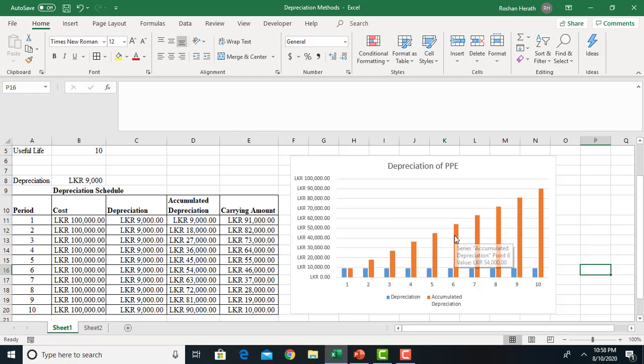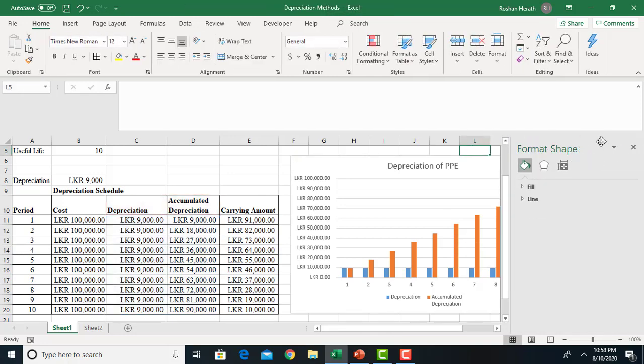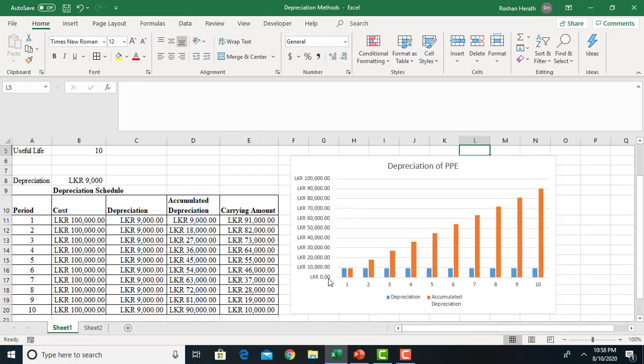So this is the graphical representation of the depreciation, and there you can see clearly that the depreciation per annum is equal and the accumulated depreciation is increasing at a constant rate. Then, more remarkably, you can see that at the end of the useful life, the accumulated depreciation has